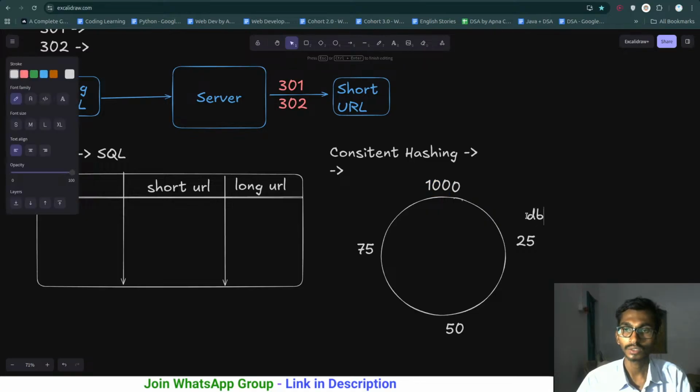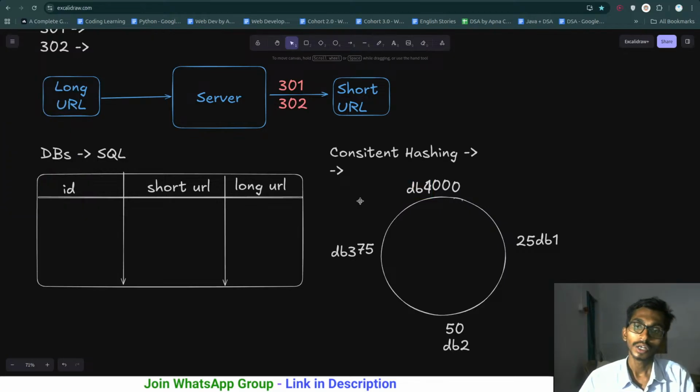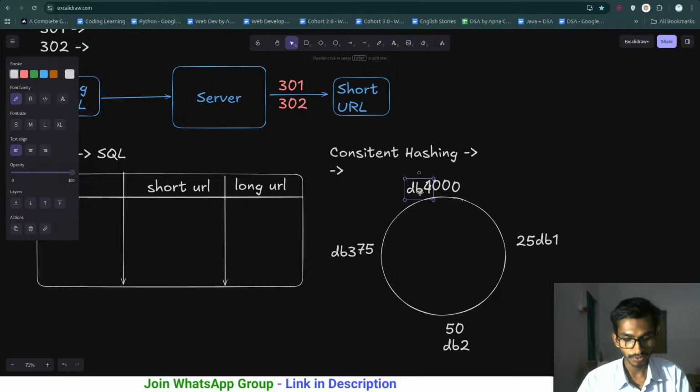Suppose db1 is here, db2 is here, db3 is here. I will not be explaining it fully, but overall this is how things go. db4 is here. So this is how you distribute the databases. Not only that, you create replicas of them. So the replica of db4,